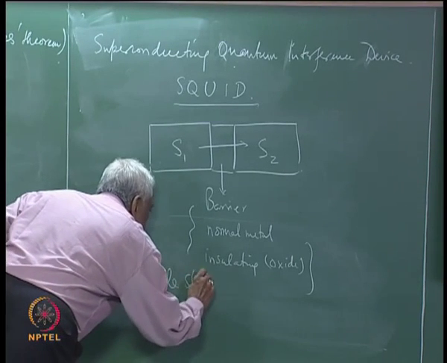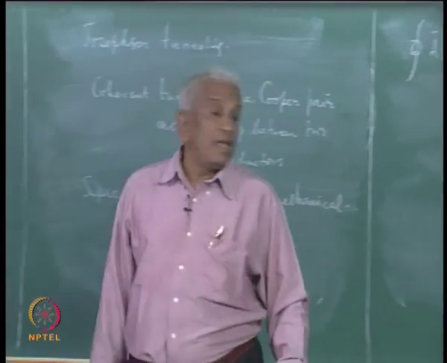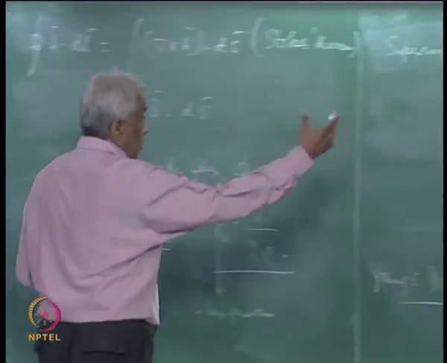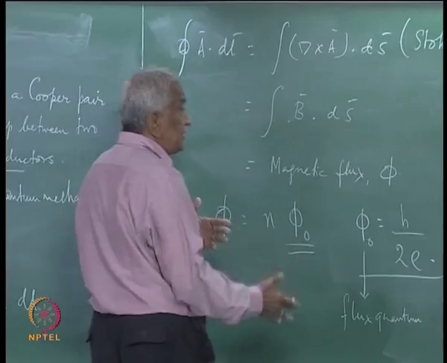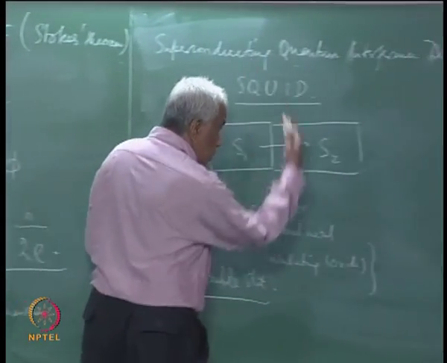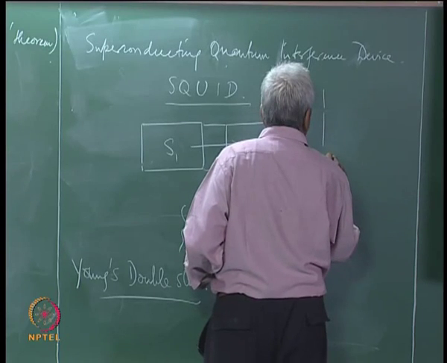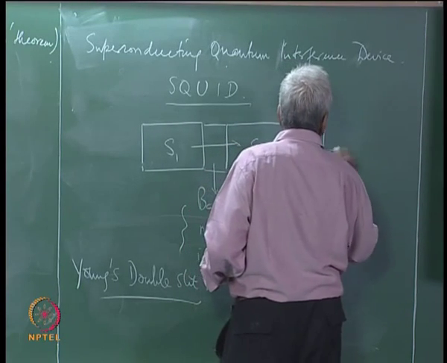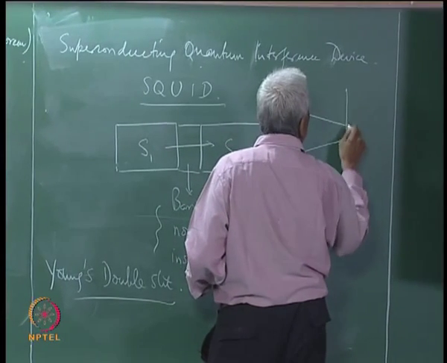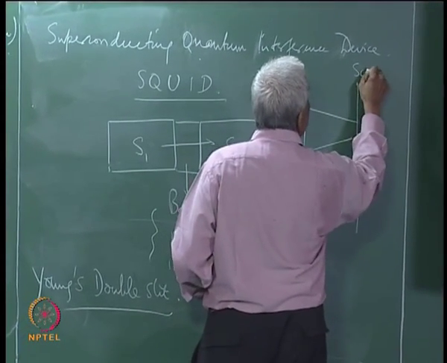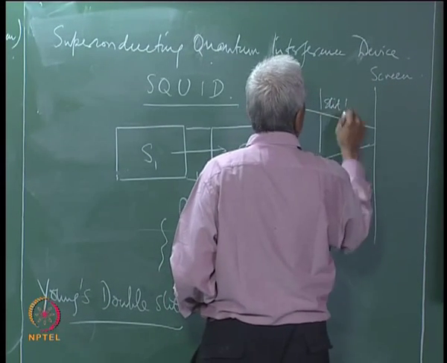In which you have two slits, and the light is transmitted across them, and then the intensity of light is measured on a screen. So, you have two slits, and the light goes like this and then converges onto a screen here, and this is the screen, slit 1, slit 2,